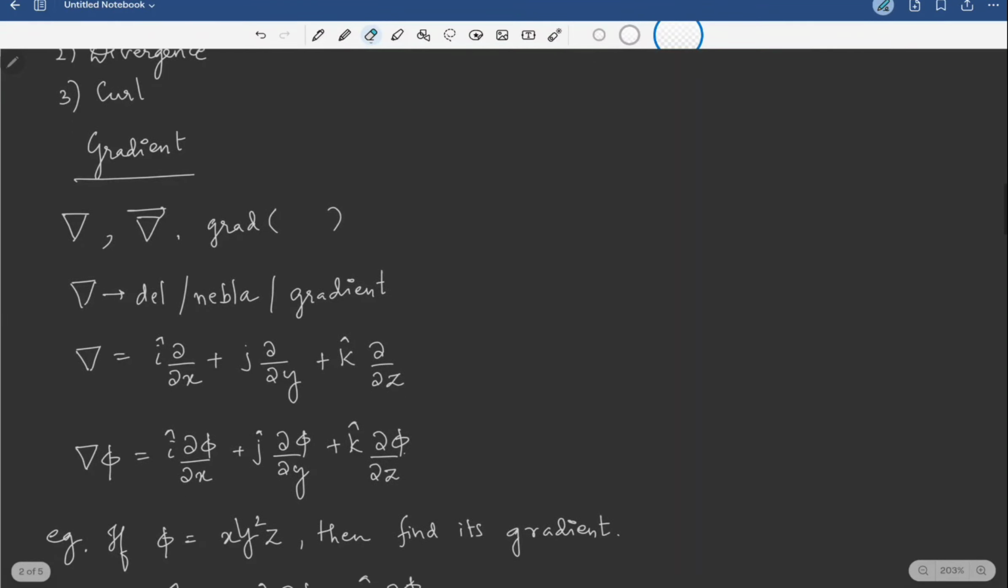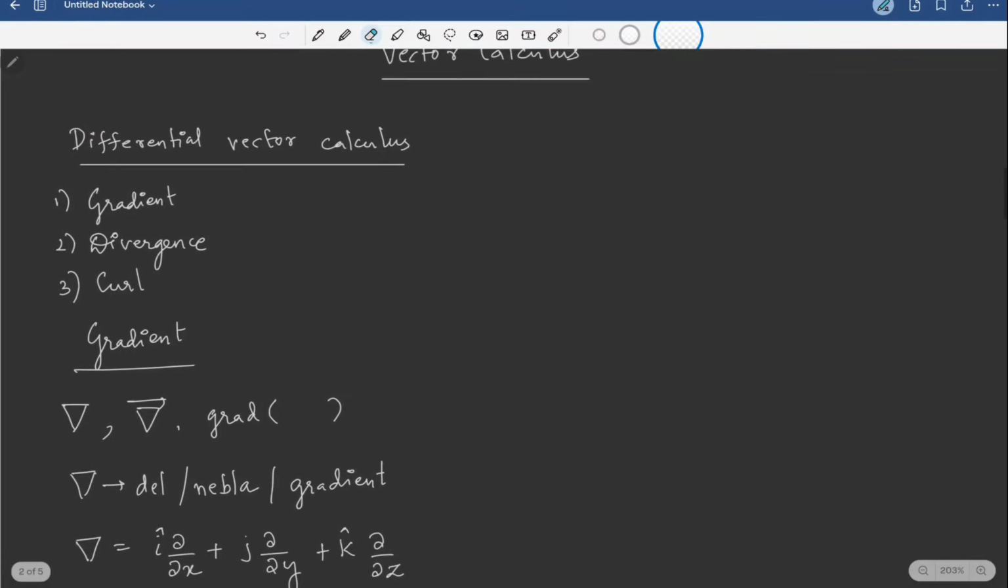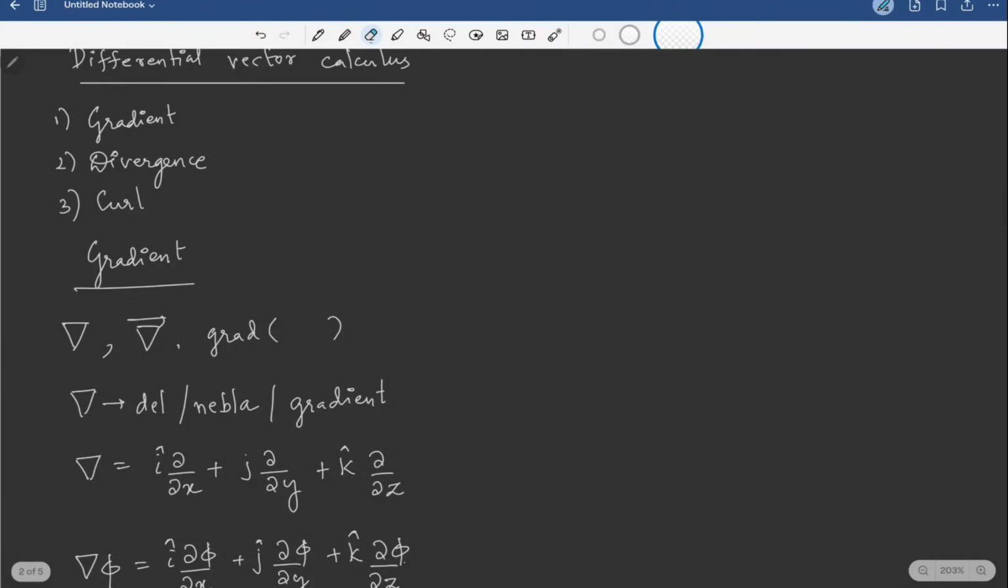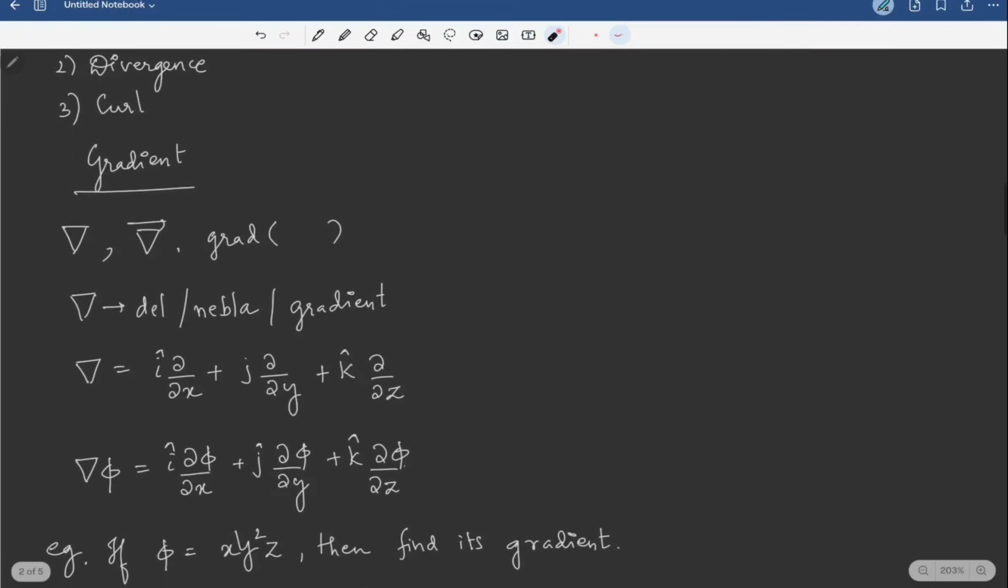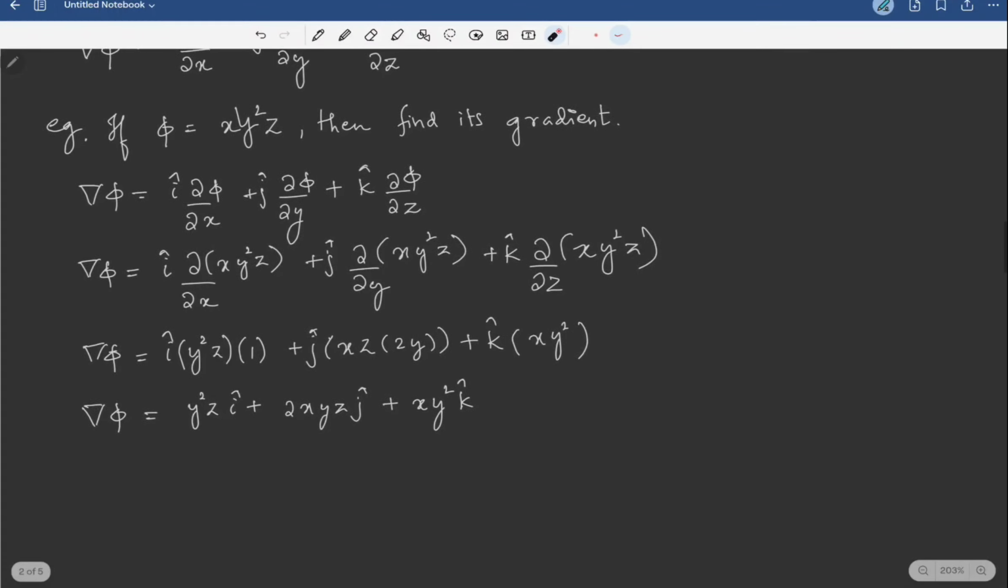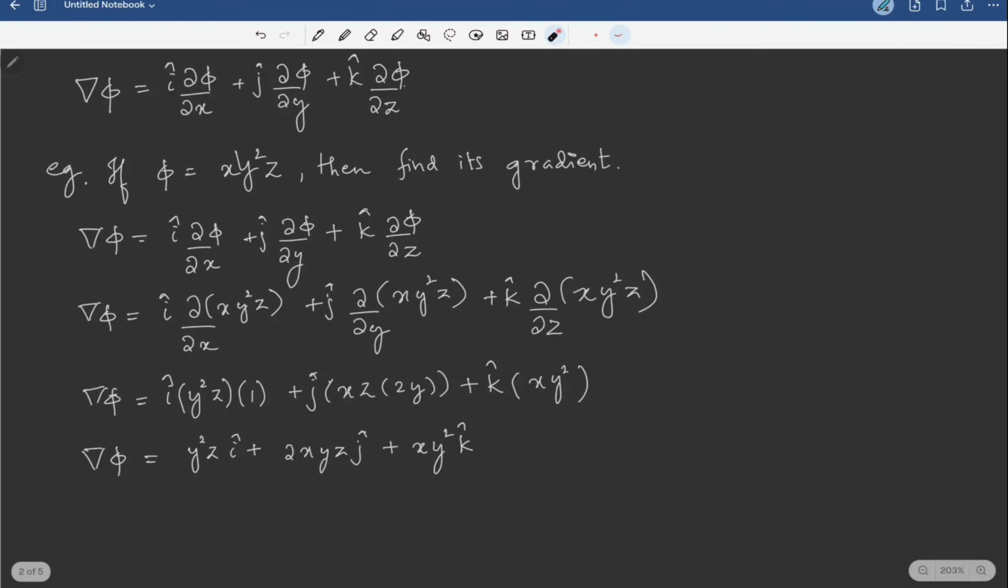Let's brush up what we have learned so far. We have started differential vector calculus. In there are mainly three operators: gradient, divergence, and curl. We have started gradient. The symbol is this triangle shaped symbol. This is also called del, nabla, gradient. People also prefer writing this as grad. And we have discussed this example,